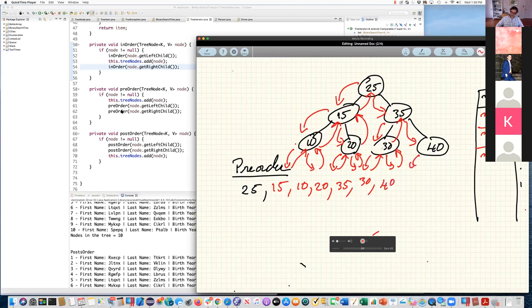Visit my left child, nothing. Visit my right child, nothing. Then go back, go back, go back. So this is the order in which all of the nodes come out if I do them in pre-order mode.